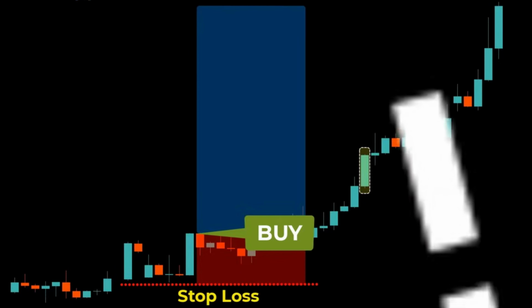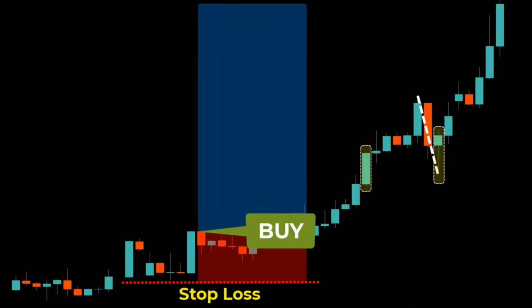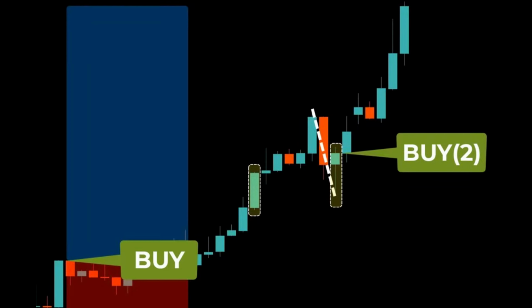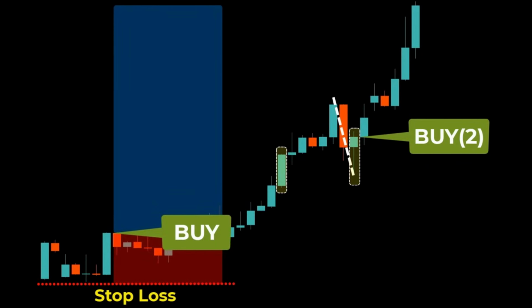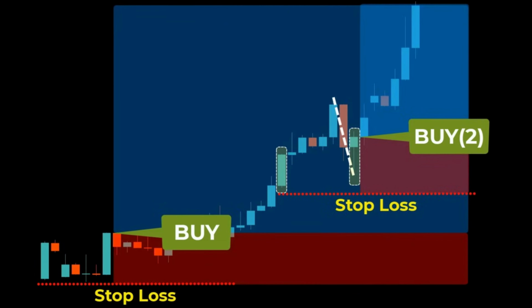Wait for a correction, again price should not drop below the strong bullish bar's low. And right here the market forms a bullish pin bar. Another strong buy signal. Enter a buy position on the next candle's open. Stop loss, same strategy, below the previous strong bullish bar, and once again, boom, the market surges upward, delivering another